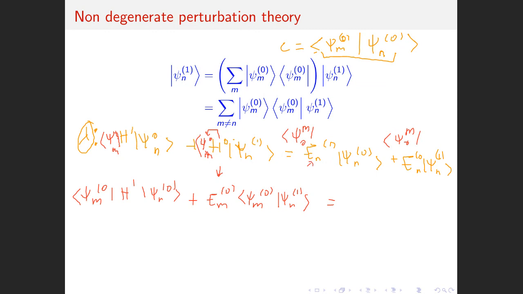This is a C number, so you can take it out of the bracket: E_n^1 ⟨psi_m^0|psi_n^0⟩,